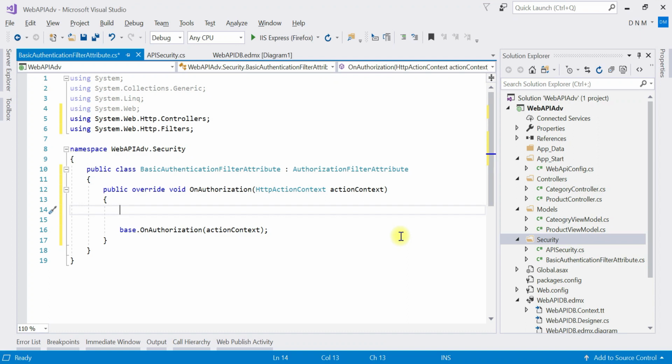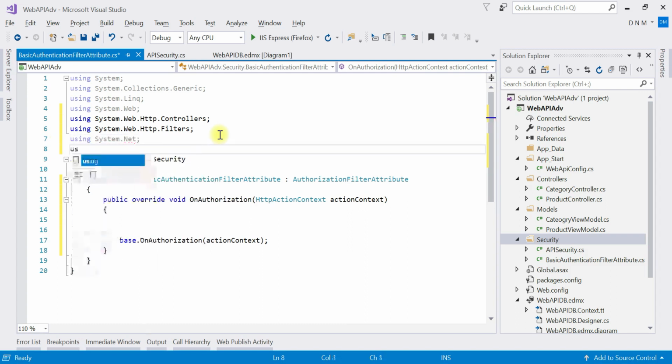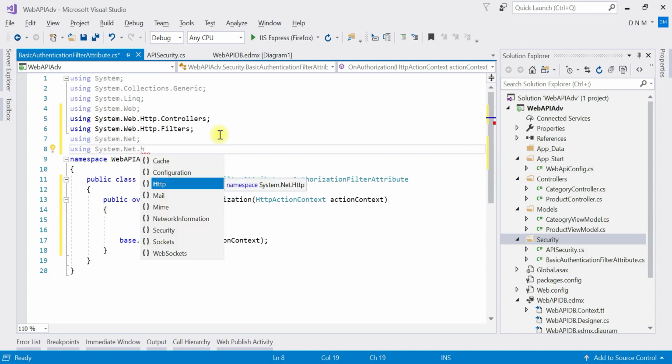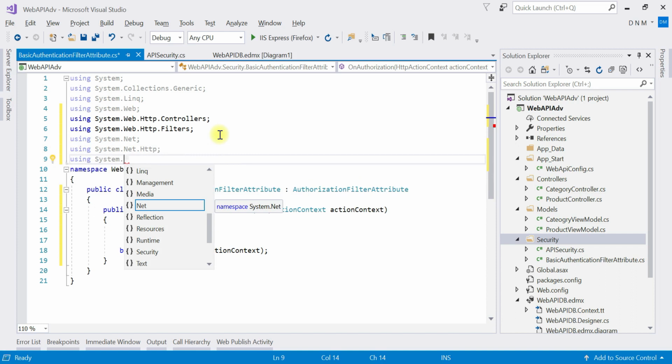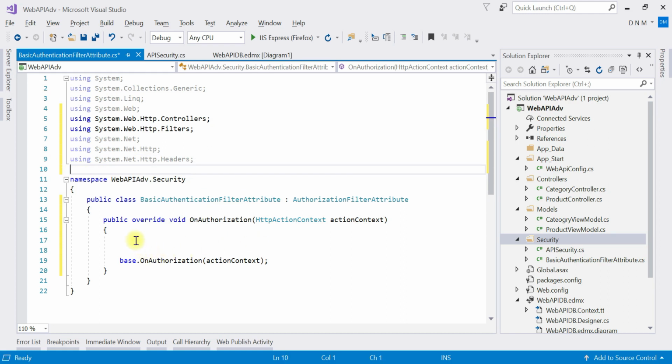And for that purpose I also need to add some namespaces. So let me add them first. Using System.Net, then using System.Net.Http, then using System.Net.Http.Headers. We will retrieve the authentication technique used by the user, and for that we are going to use this action